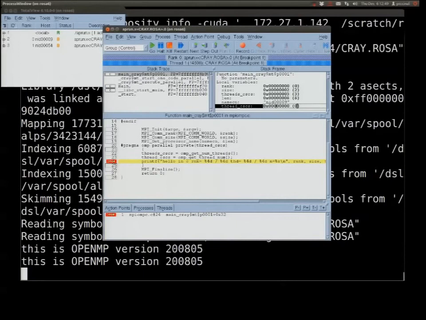At the bottom, you have P and T. So if you want to navigate between the different MPI processes, you can click on this button. There is a pointer, it's better. So here you can navigate between the MPI tasks or between the OpenMP threads.